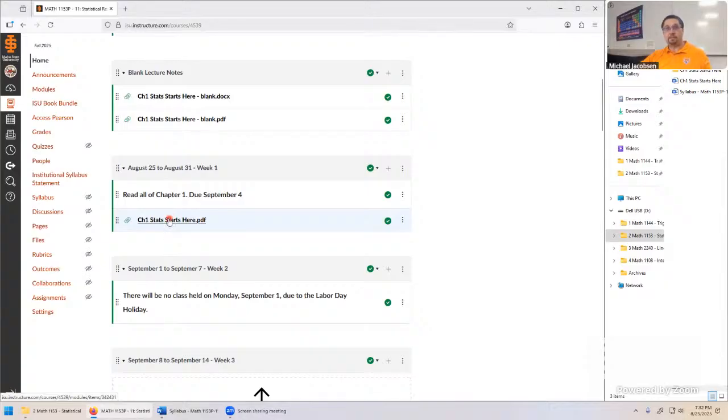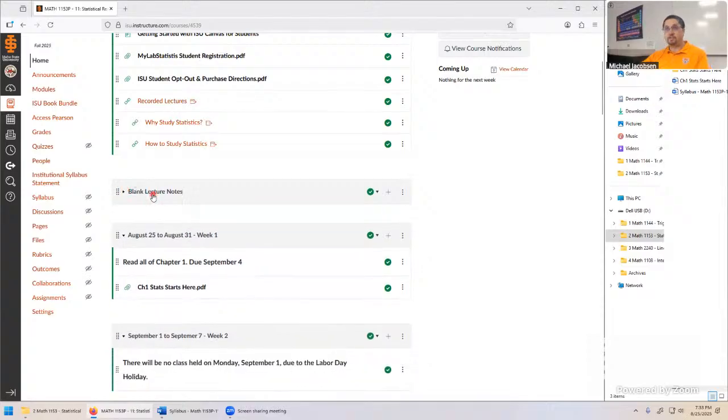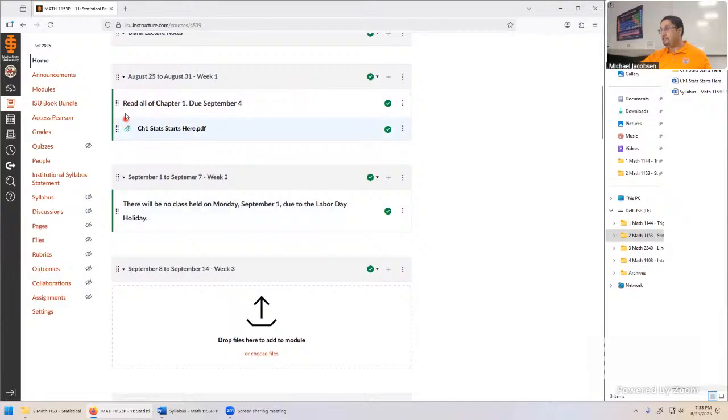So this one comes in as a blank PDF. The documents here are blank as well, but this one will change. As we start to do the class and we fill out those notes, finishing the lecture there, I'll record my solutions here, so I'm overwriting this file a lot with what we actually did in class. And that's another way to determine what we did last class. So you might have this closed off and just come back here as you need the files. Everything is just going to be going to the right date, the right week that we're in for the current course. A lot of pertinent, important dates are in here as well.